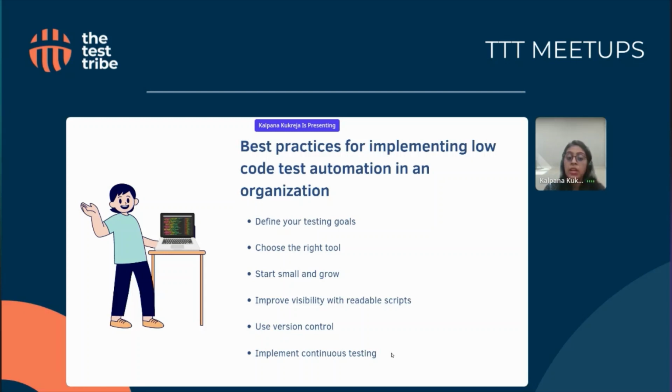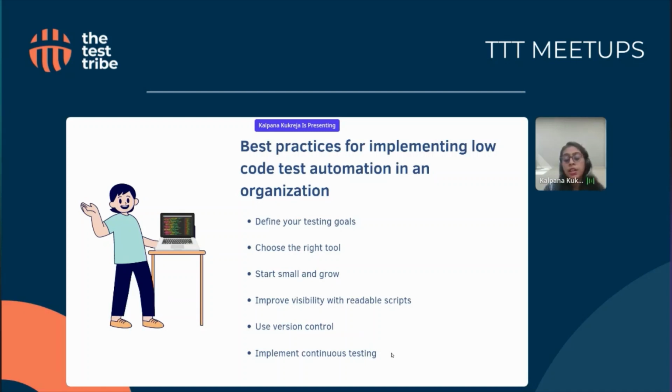And then use version control. We have already discussed it, because using version control will help you to adapt your changes into your scripts automatically. If there are any changes for a particular component in some version, it gets adapted to those scripts automatically, without you diving into the scripts and reading each step and then identifying where you need to make the changes.